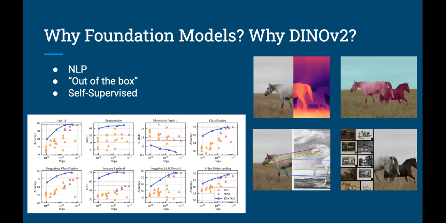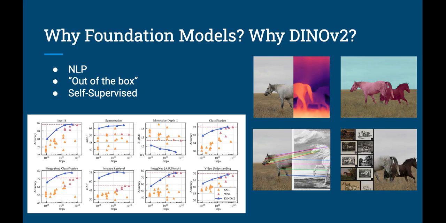Dino V2 itself is out of the box, meaning you do not need to retrain your models for different tasks, and you use them as they are, like a foundational model. And because you don't need to fine tune it, it means they are way more cost efficient and greatly reduce development time, and they're versatile and much better for the environment overall because you don't have to train a different model for different tasks. And unlike other foundation models that use labeled text data for each image,